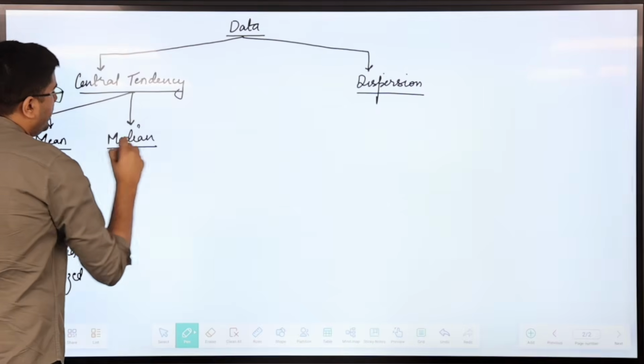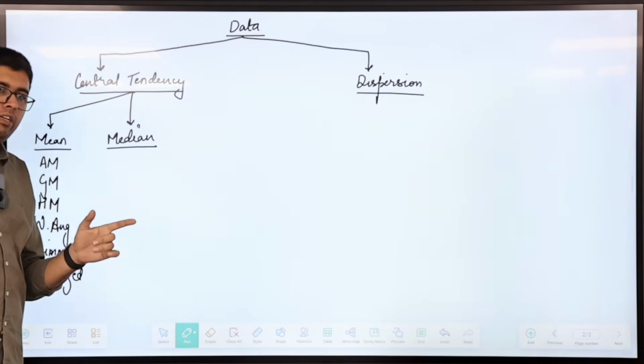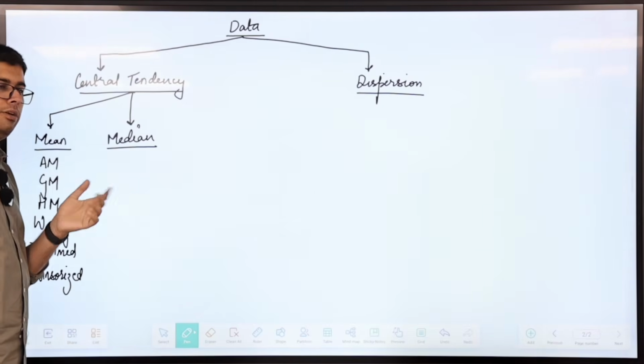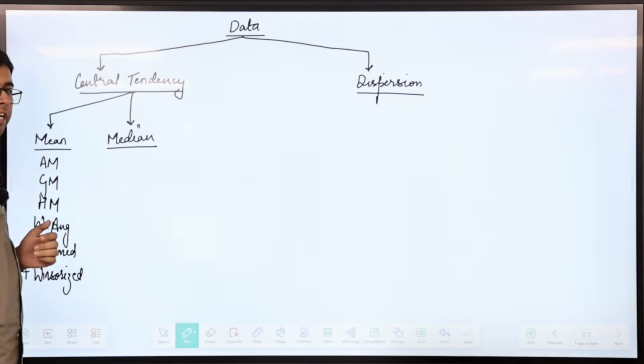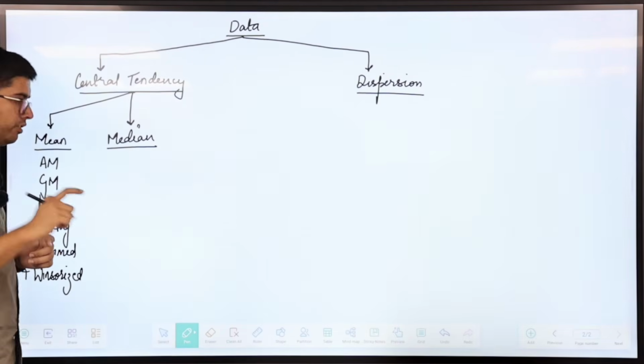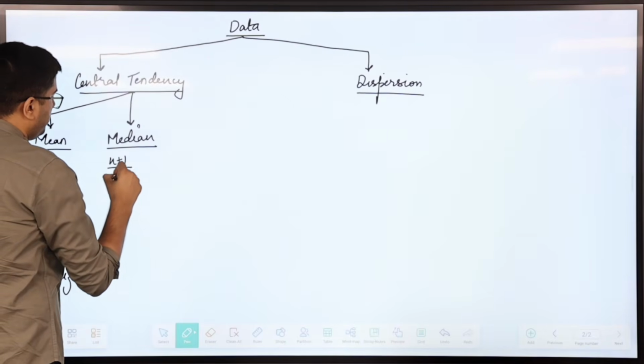Then we had median. Median is the central value of an arranged data set. For the purpose of CFA, we always arrange in ascending order because we are not just calculating median. We'll also be calculating quartile, decile, percentile, all of those extensions. So this is the (n plus 1) by 2th